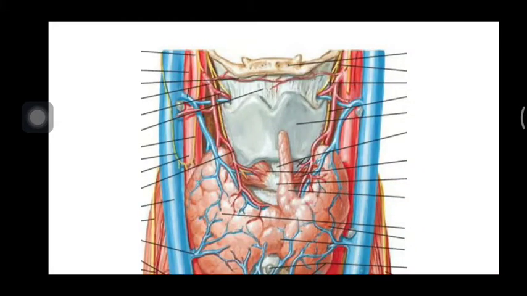We are going to trace the superior thyroid artery. This is the common carotid artery, this part, and at the upper border of the lamina of the thyroid cartilage, the common carotid artery divides into an external carotid artery and internal carotid artery. From the external carotid artery, just below the tip of the greater cornu of the hyoid bone, this region, the